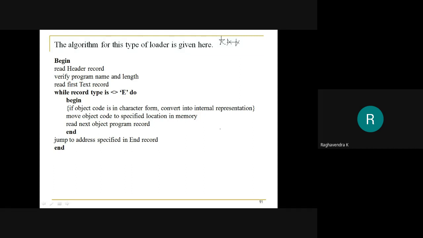Okay. So the reference is that I have an object program. You know that an object program contains header record, text record, and end record. I'm only talking about an absolute object program. Absolute object program means what? That which cannot be relocatable. For example, any program that we have written for the SIC standard model, SSCSM, it is an absolute program. Got it?